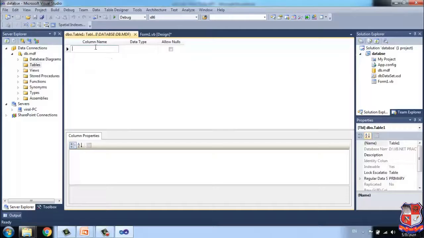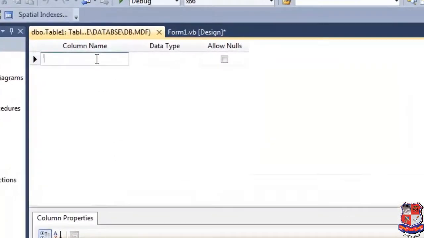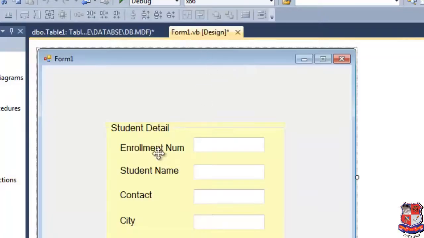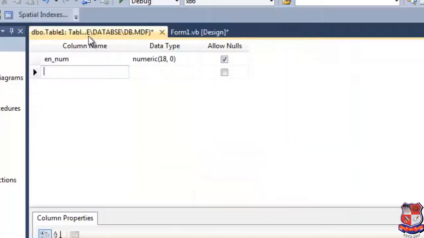I will create the table with 4 columns. First is enrollment number, and I will give its data type as numeric. Our second one is student name; its data type will be varchar.